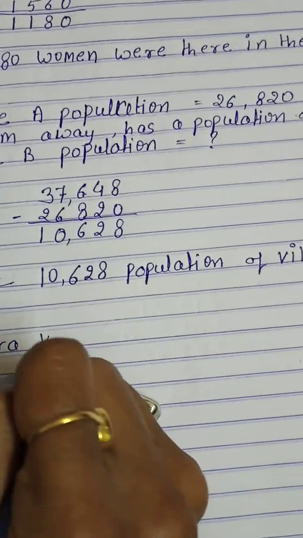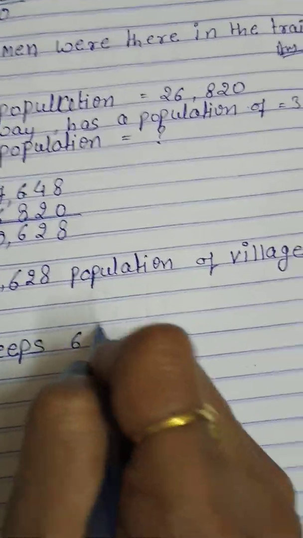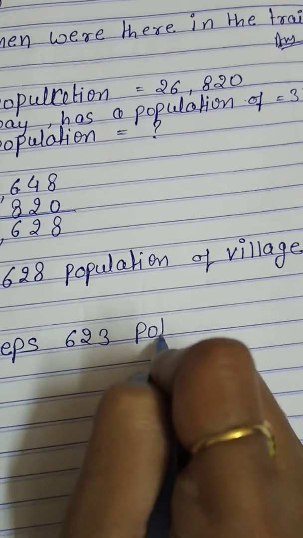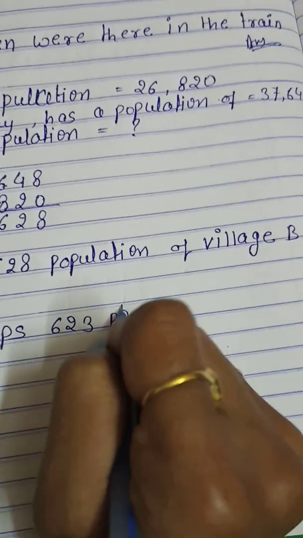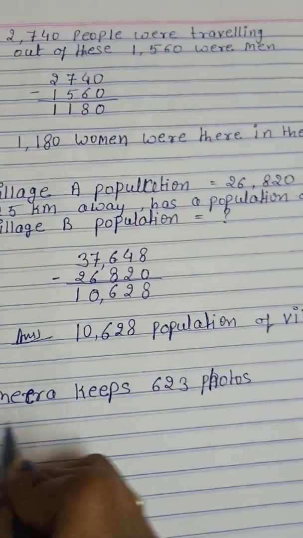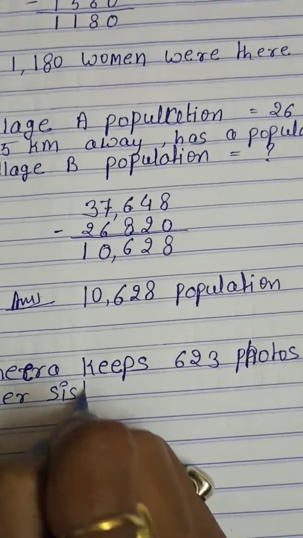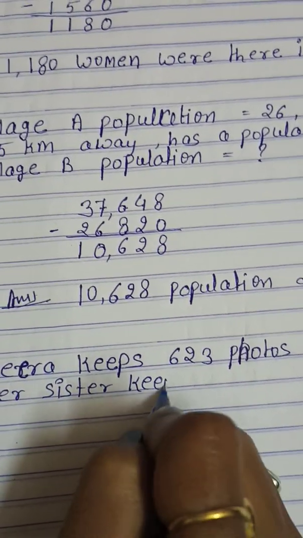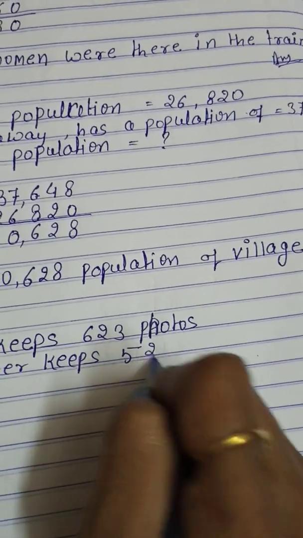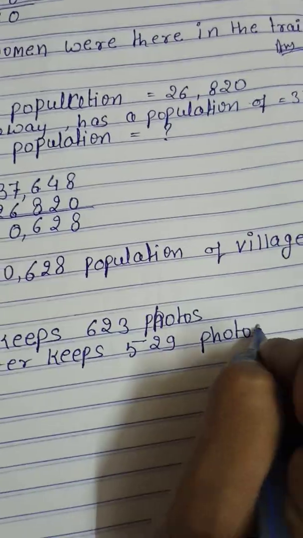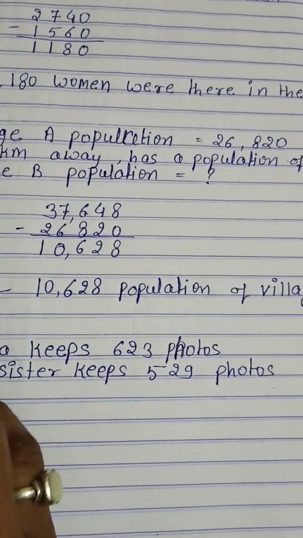Meera keeps 623 photos, right? And her sister keeps how many? 529 photos, right? So first we have to add both these numbers, and our total number,